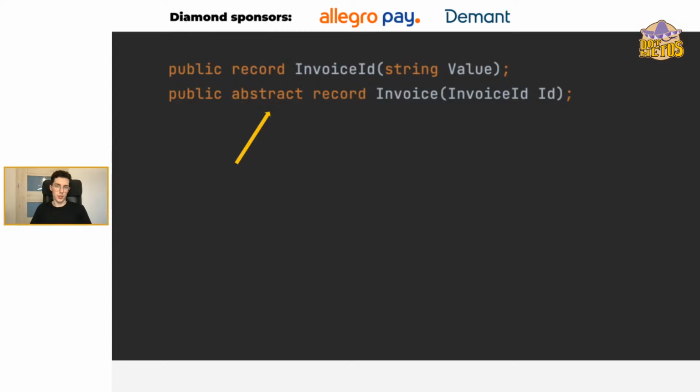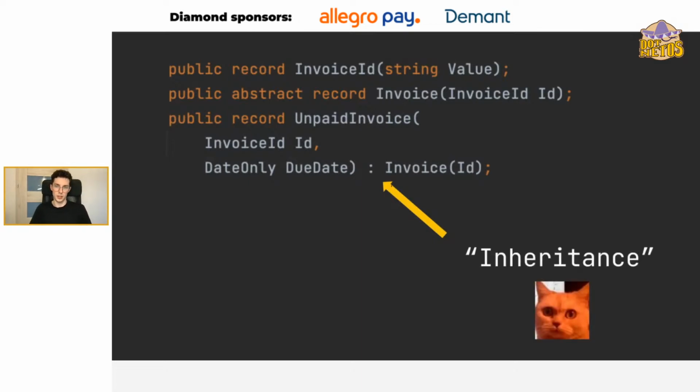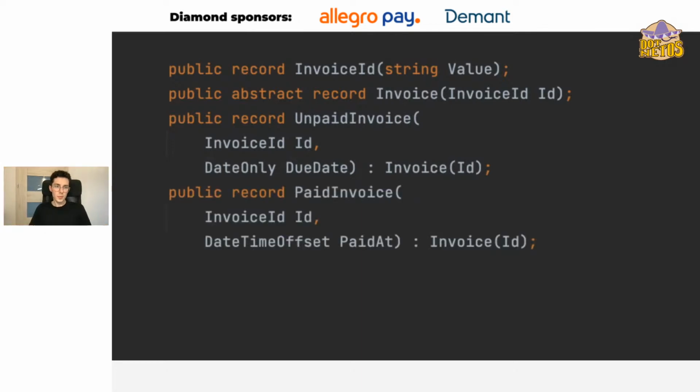There's an abstract invoice class which is a marker kind of, because we have an invoice and invoice ID as a parameter here, but similarly as before, we have an unpaid invoice, and here's the inheritance. There is a derivative class which inherits from the abstract one, and same paid one with an inheritance.